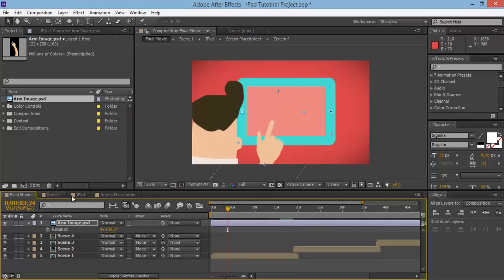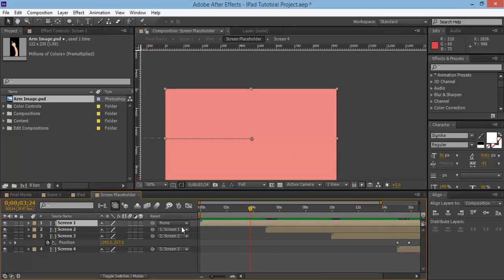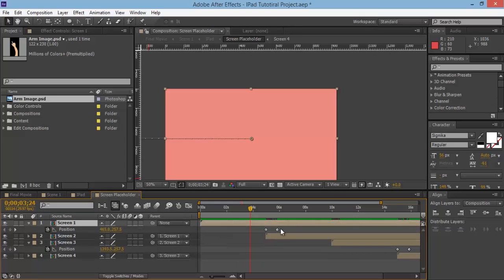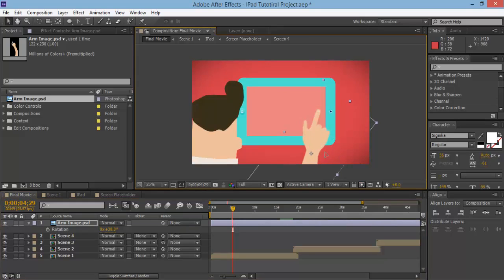just about. What we need to do is go into iPad screen placeholder, and let's go to the first keyframes that we set on screen 1. So hit P on your keyboard so we can see the keyframes. So just at this point here on the timeline indicator, you'll see that the animation begins. So place your timeline indicator right there, and then go over to Final Movie, and what you want to do is place this hand image over on this side,